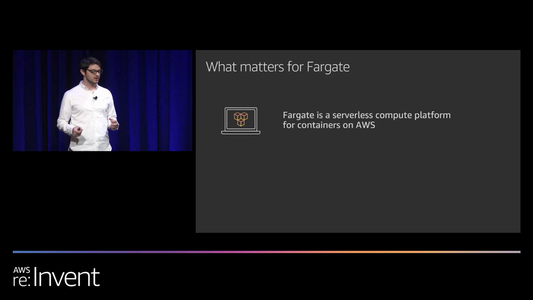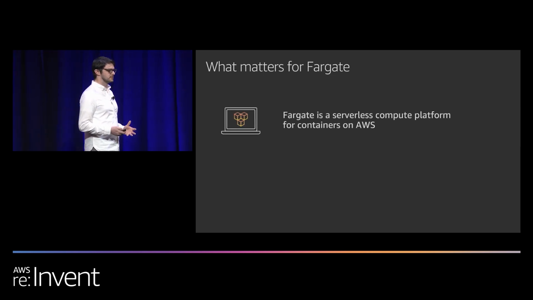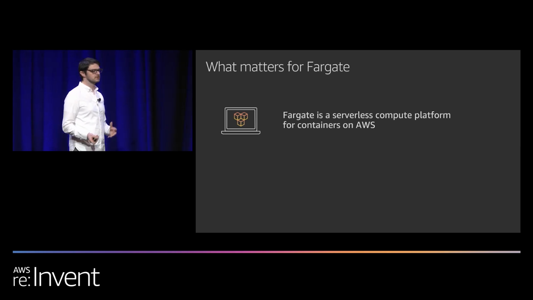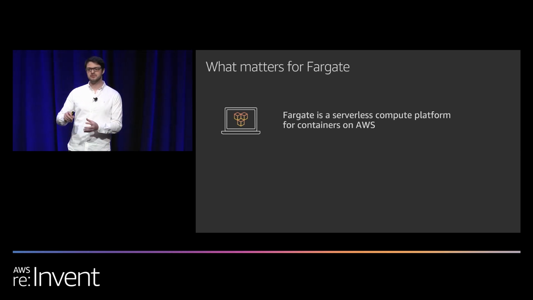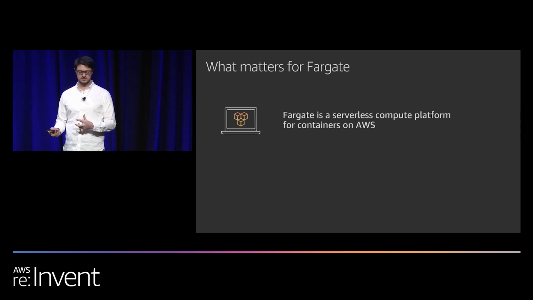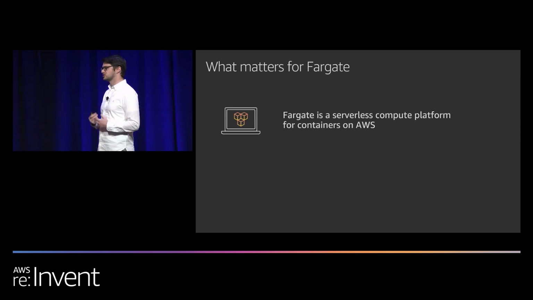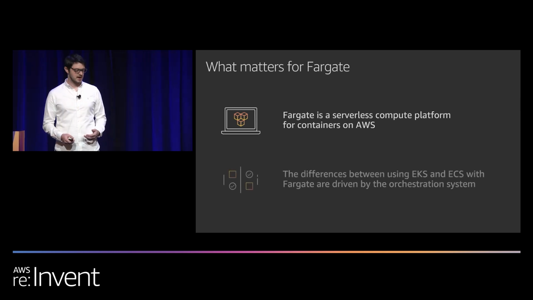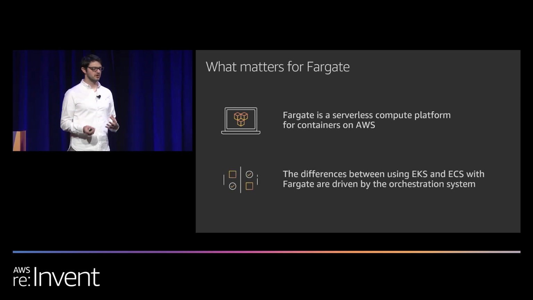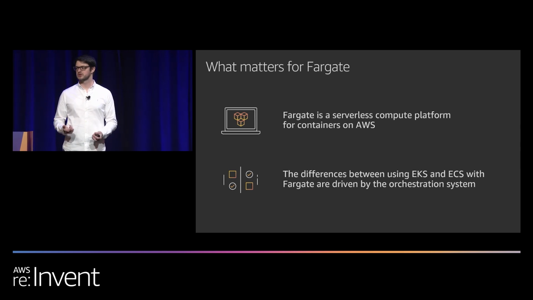So what really matters for Fargate is that it's a little bit confusing sometimes, because previously Fargate only worked for Amazon ECS. So you may be familiar with it in the ECS context, right? But we see Fargate actually as not an ECS construct, but as a general purpose compute engine for running containers on AWS. And we've built and will continue to evolve Fargate and its integration so that the only differences in Fargate are driven by the particular orchestrator that you're using.